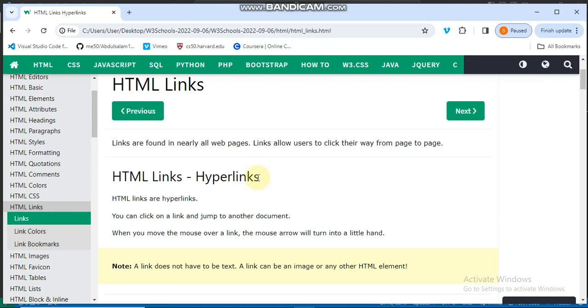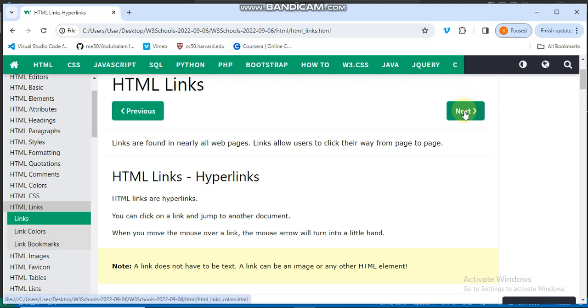In this video, we are going to be looking at HTML links, which allow users to navigate from one page to the other or to perform some specific action, such as what we have here. If I click on previous, it will take me to a particular page, whereas if I click on next, it will take me to another page. So these are links that link different web pages together to form a website,